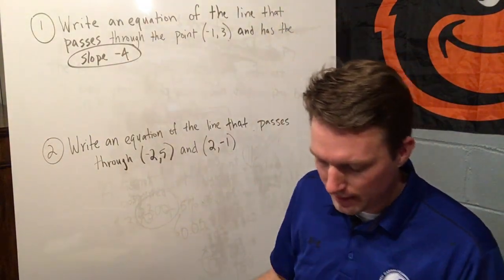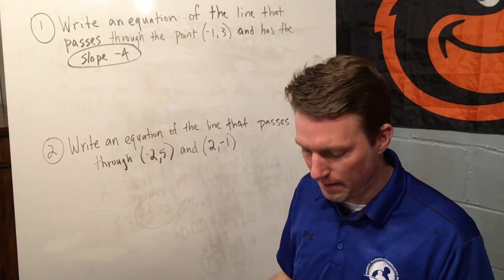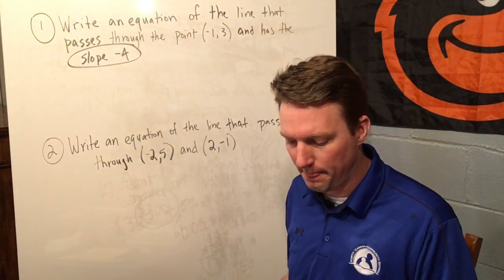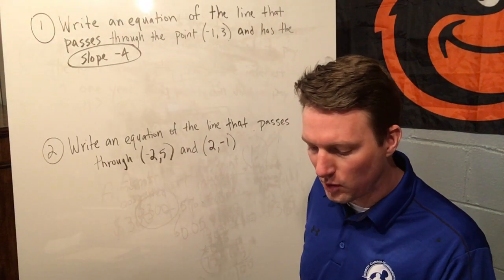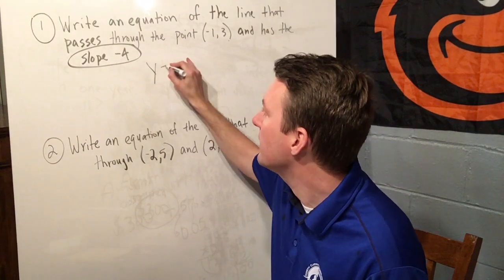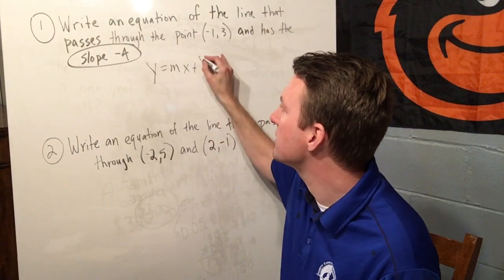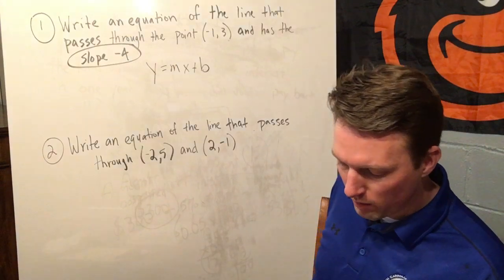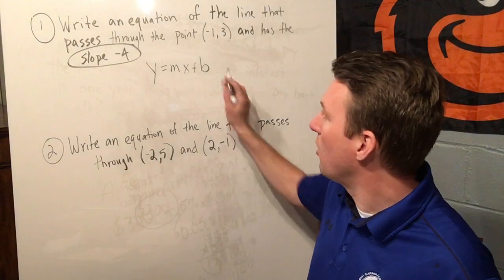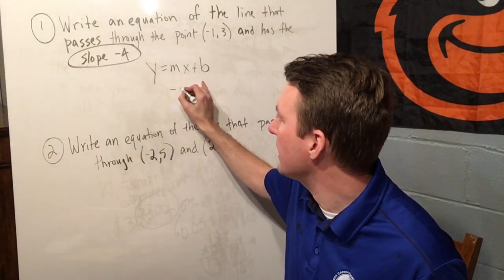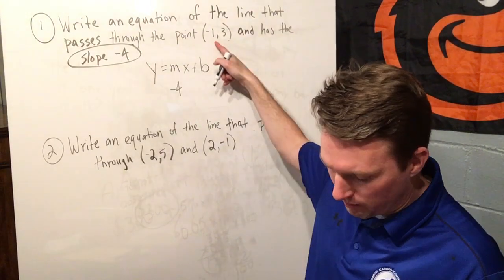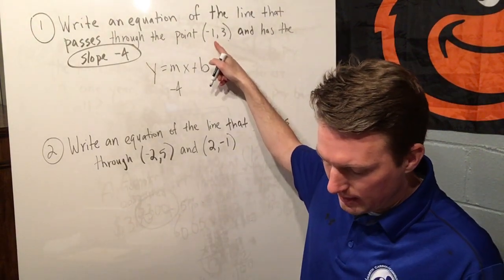Step number 2 is to find the y-intercept. Now, this one is a little bit trickier, but I know that you can do it. We're going to substitute the slope and the coordinates for the given point in that equation, y equals mx plus b. We know that the slope is -4, so we're going to plug that in for the m. And we know right from the problem that y is 3